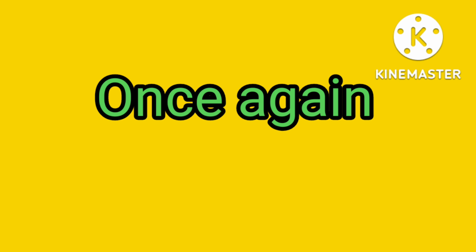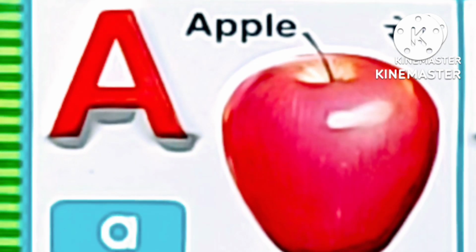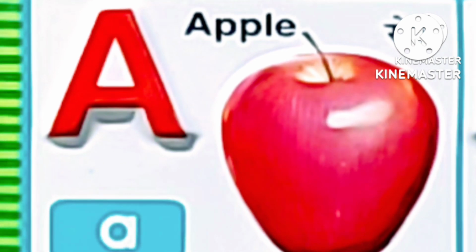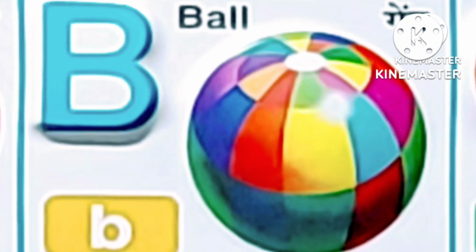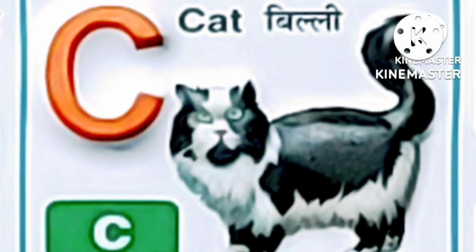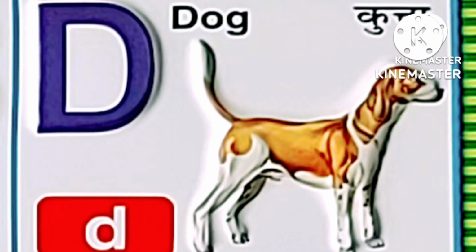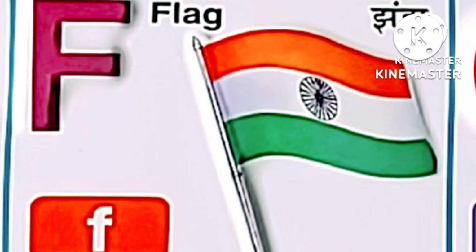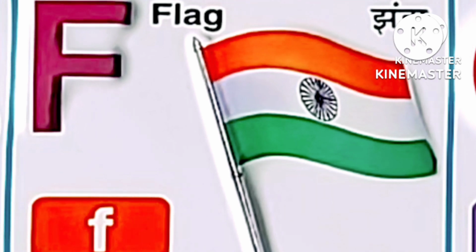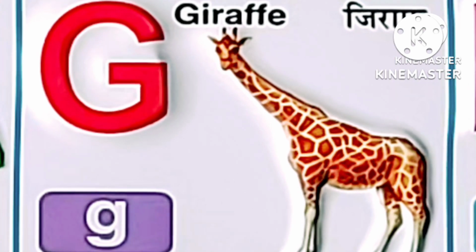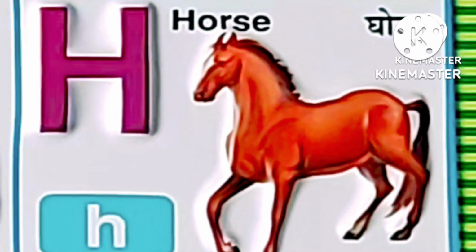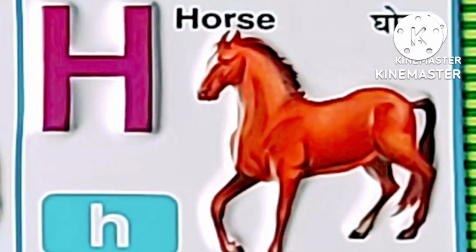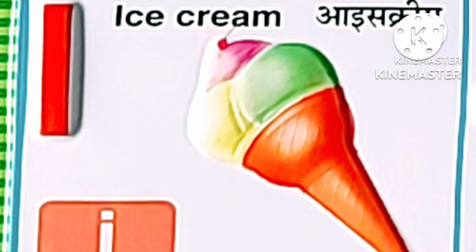Listen carefully once again. A for apple, B for ball, C for cat, D for dog, E for elephant, F for flag, G for giraffe, H for horse, I for ice cream,